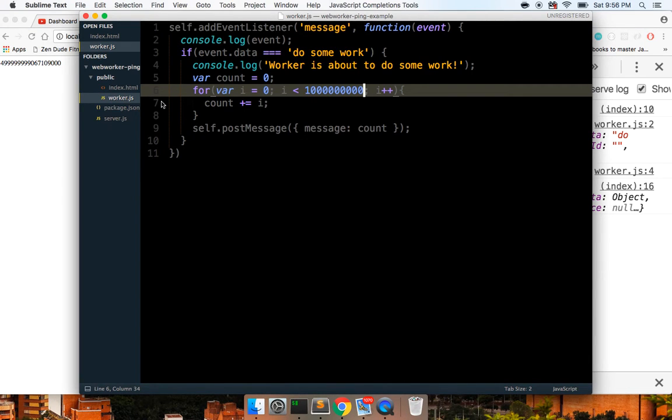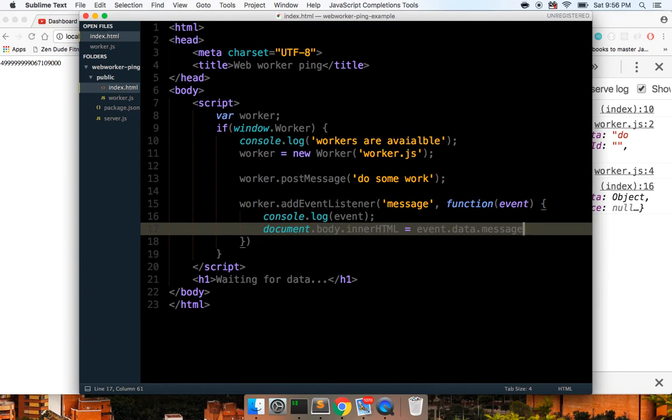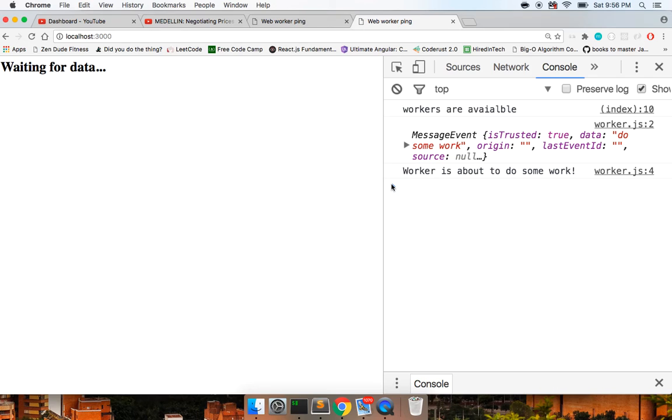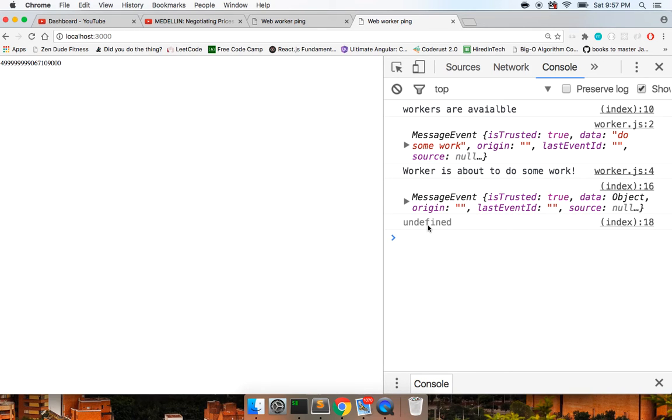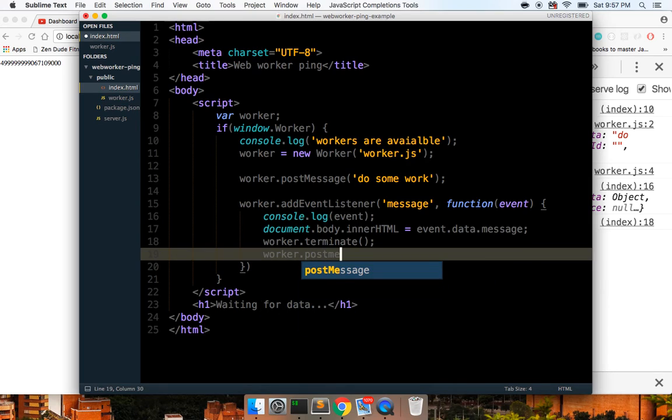And at the very end of this, we can console.log worker.terminate, which means we're going to terminate the worker. Worker's about to do some work. Okay, undefined. It doesn't return anything, that's why it says undefined. But if we call worker.terminate, awesome. And then if we call worker.postMessage and do some more work,